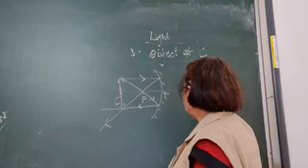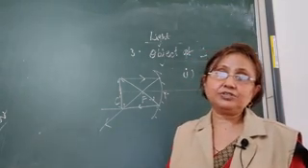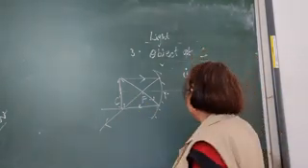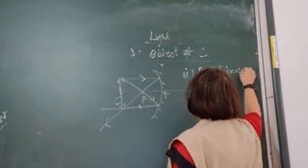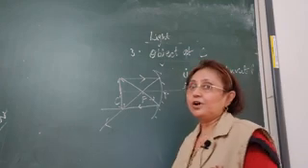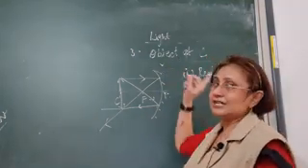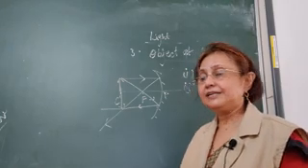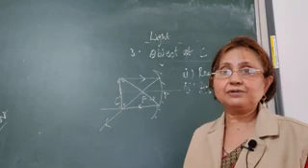So, the 3 points about the image. The first point is the nature of the image. As the two reflected rays are actually meeting, the image is real. And we know that real images are always inverted. So the image is real and inverted. The second point, the position of the image. Here the object is placed at the center of curvature, and the position of the image is also at the center of curvature. So the image is formed at the center of curvature.